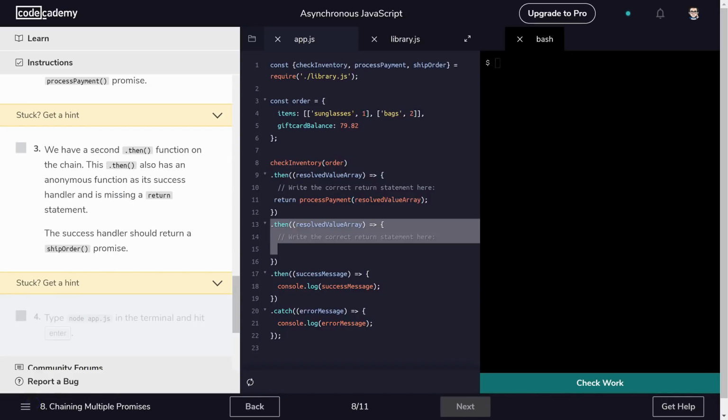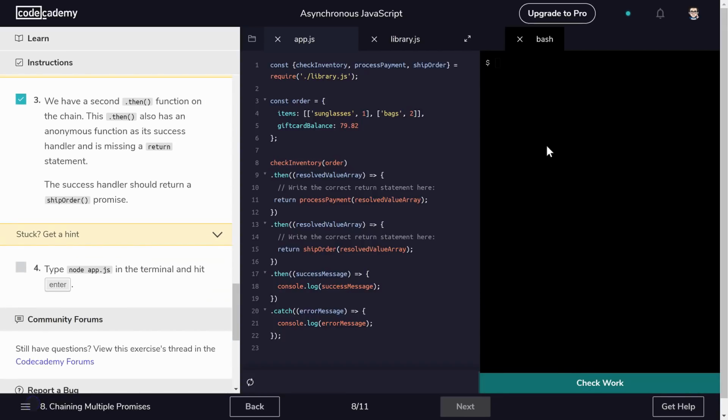So now that this is successfully completed, once on this promise, we want to then, it also has an anonymous value that's going on there. We then want to ship the order with the resolved value array, like so. Check our work. Cool. And now when we go ahead and launch our node app.js,